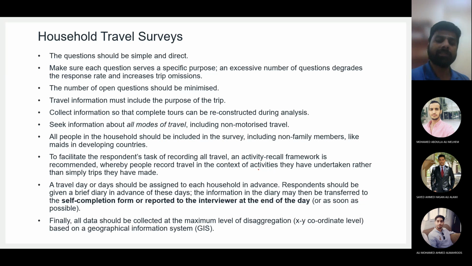Okay, if you ask one type of information in multiple questions, it is usually annoying for the respondent. For example, you want to ask about his travel time. Now, if you ask how much was your waiting time, how much time you took to take your car out of the garage, or how much time you took to go from your house to the bus stop. Now all this is part of what? All this is part of travel time.